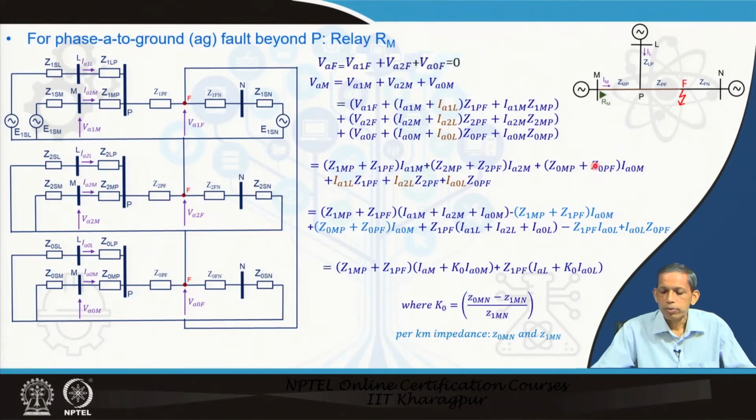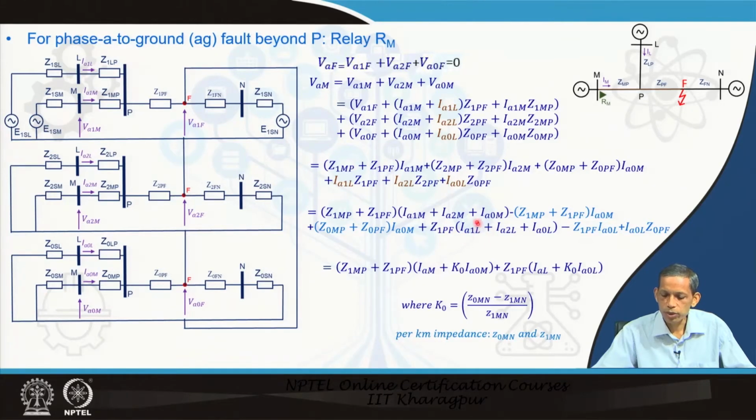Now, for these three terms, this is the same as what we have discussed earlier. So, we can do the corresponding zero sequence compensation factor aspect, and that will lead to the Z apparent calculation perspective. So, Z1MP plus Z1PF, these are the three components of current sequence component. To get that, we subtract this one, because we have considered here Z1MP plus Z1PF I0M. So, subtract here and add the same component Z0MP plus Z0PF I0M, and then we have Z1PF plus this additional term there.